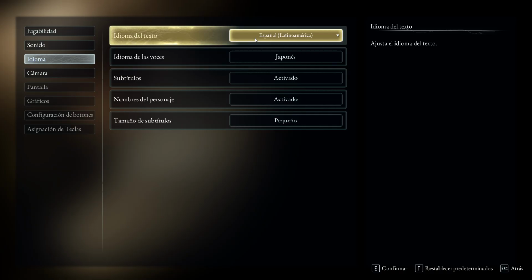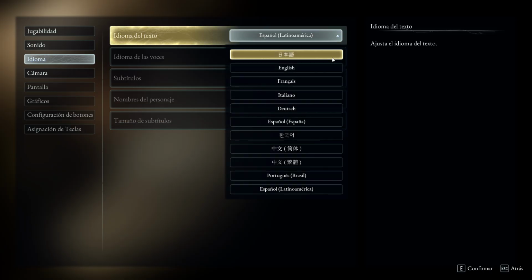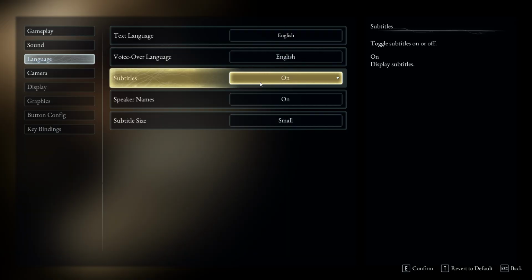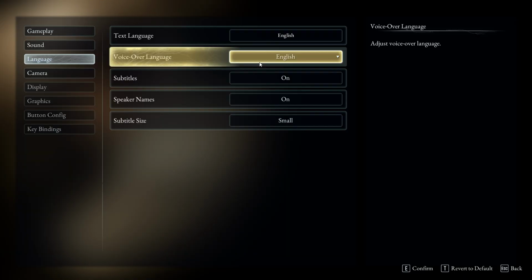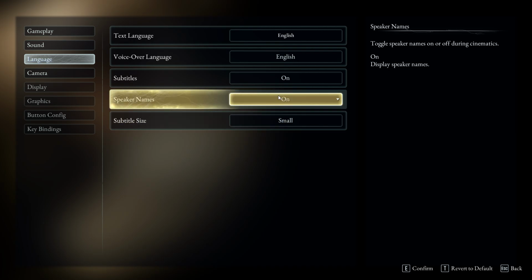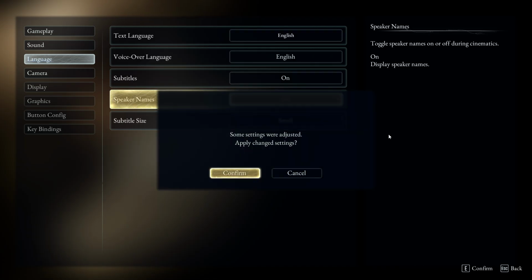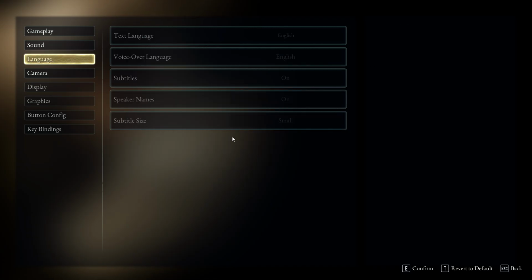And we select the first option. It is to select the text language. We select our language. And the bottom part is to select the language of the voice. And we press the E key to confirm. Confirm. And now we can play